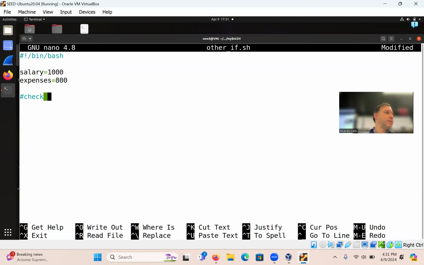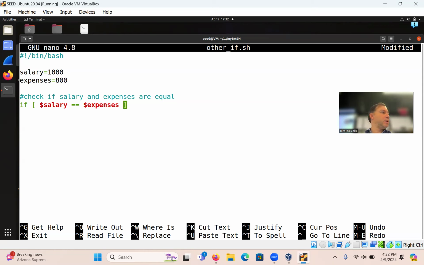You can say, check if salary and expenses are equal. Okay. So then you can say if $salary equal. Notice I'm using a different symbol here. If salary equal expenses, right?